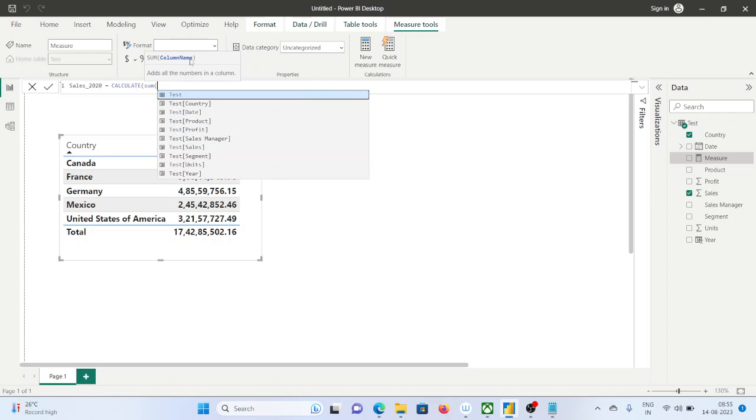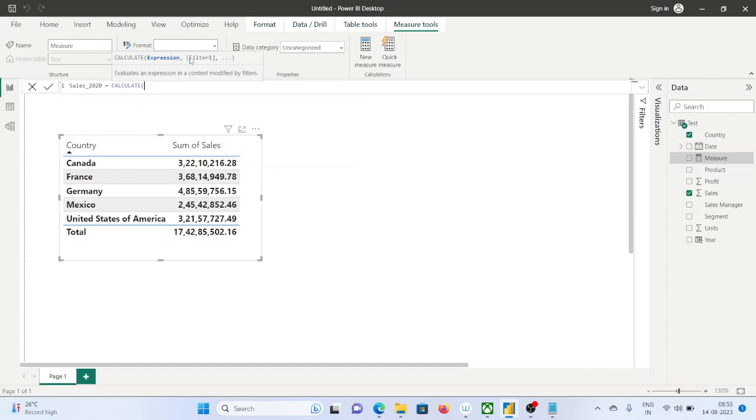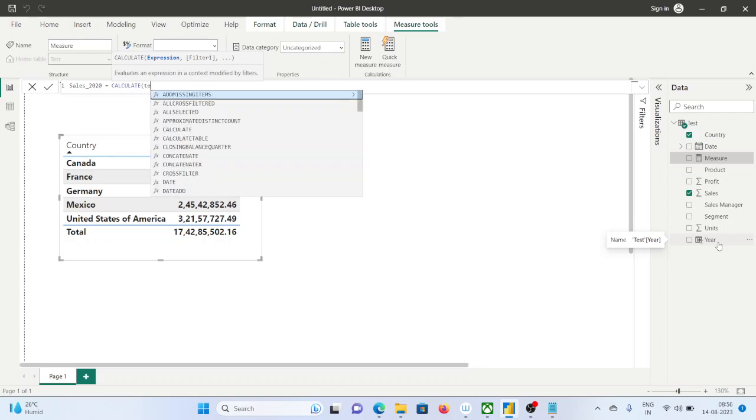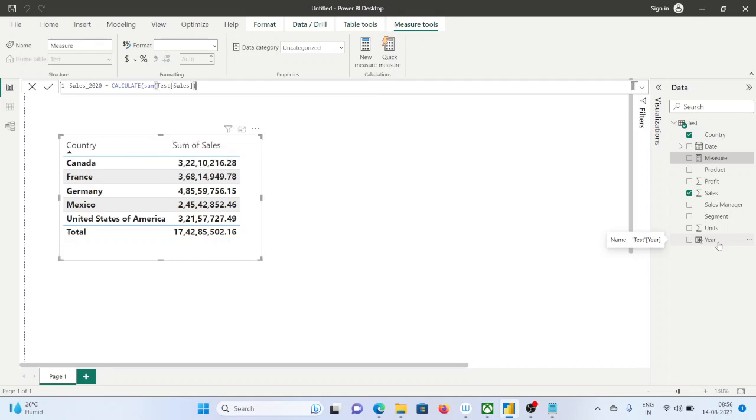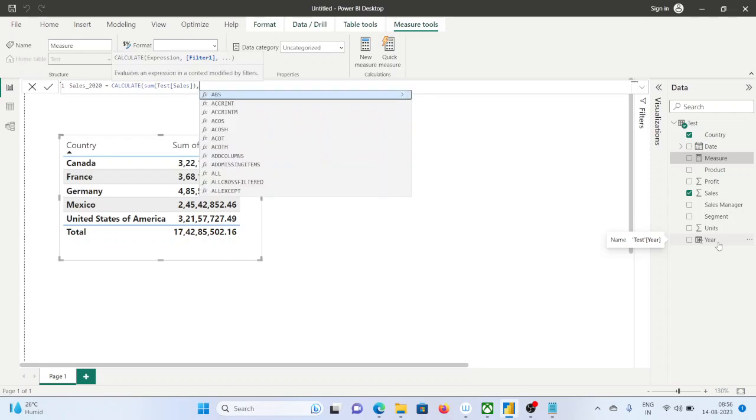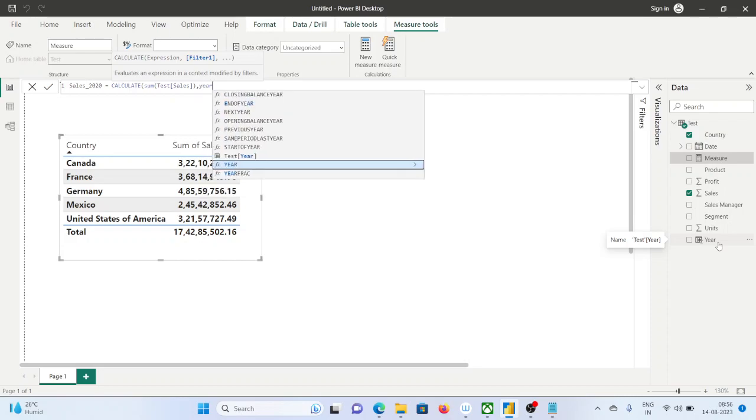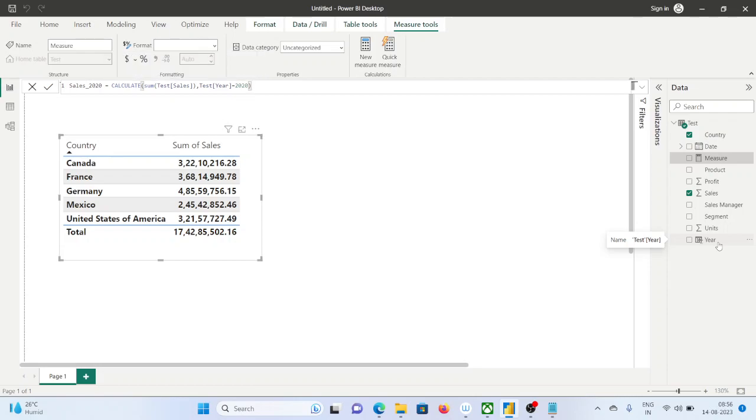sum of this, comma, what is my filter? My filter is year equals to